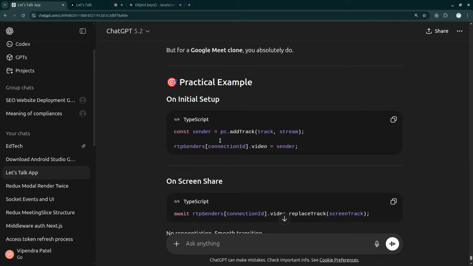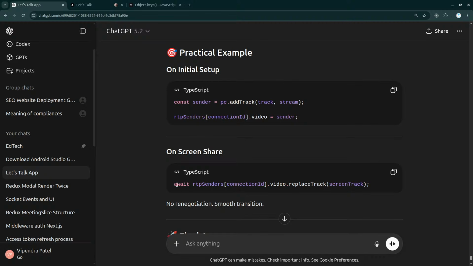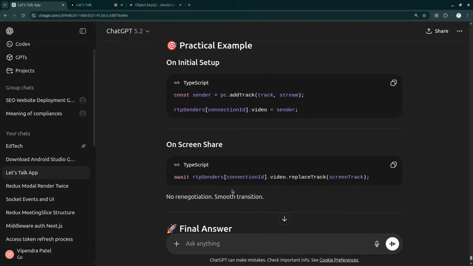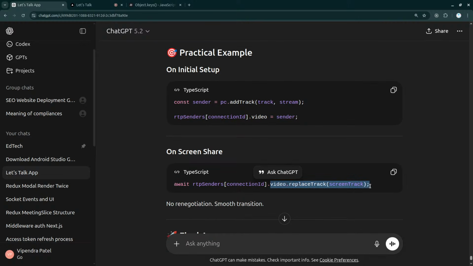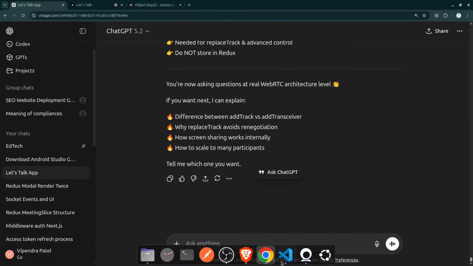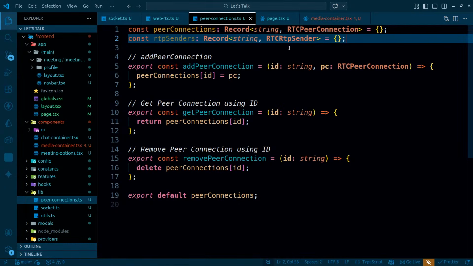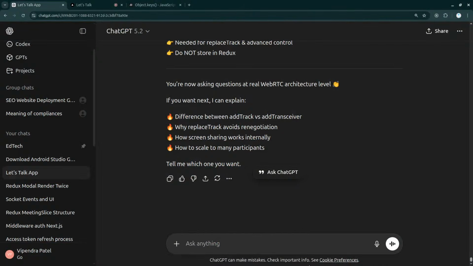And after that, on initial steps, pc.addTrack. So I got addTrack, so RTP senders connection ID, video sender, on screen share, video replaceTrack, screen share. No negotiation needed, smooth transition. Ending track, and it will be done. So yeah, we do need to just maintain this, but the other problem is that